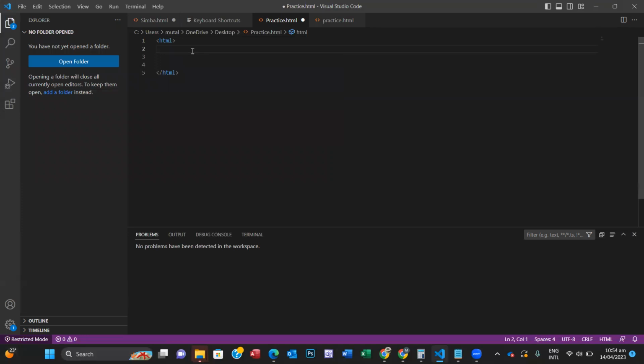Now, just like a human body, a website has got a head and also has got a body. So let's create our head. Less than sign again, greater than sign, head, and then a closing tag,